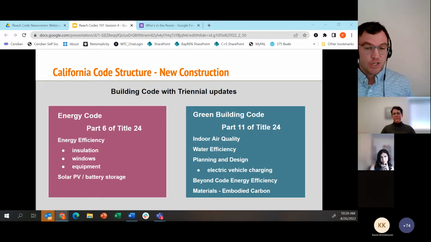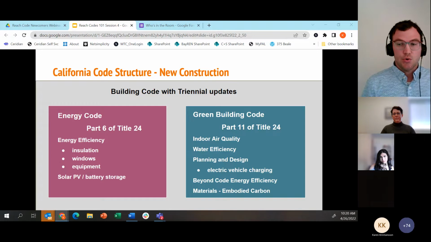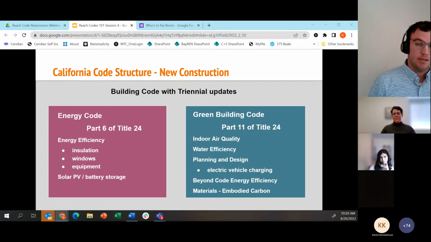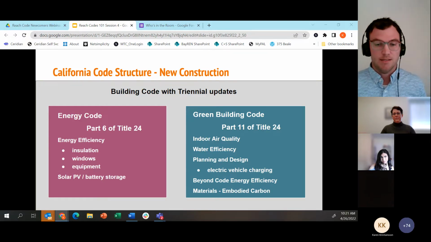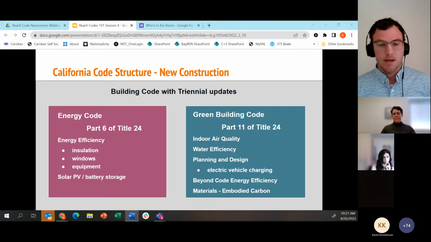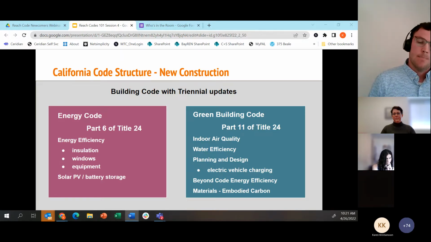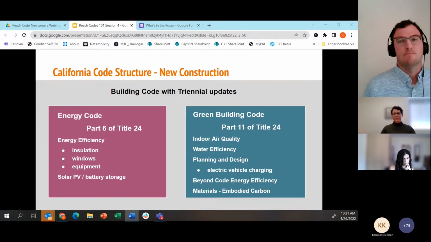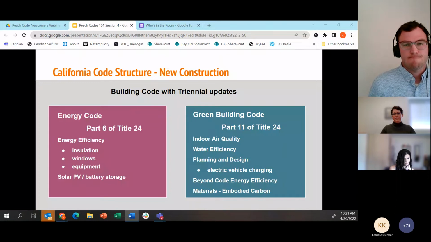And jurisdictions have the authority to choose which requirements under Part 6 or Part 11 they are choosing to make more stringent, as long as they satisfy the legal requirements for Part 6 and the legal requirements for Part 11, which are a little bit different for each, and we've gone through that in some of the previous webinars. So next slide.